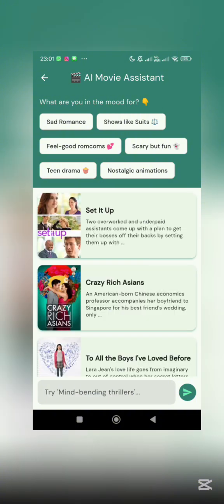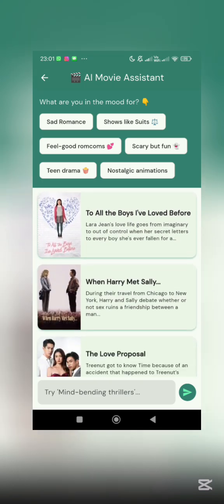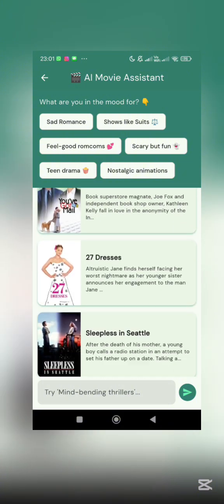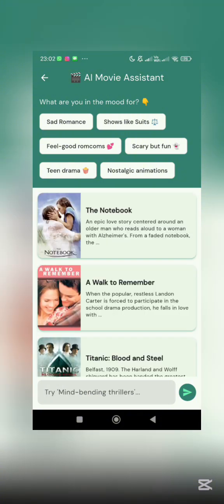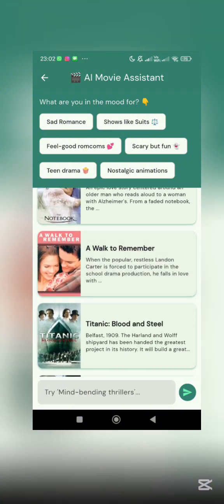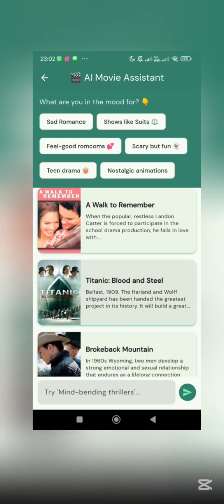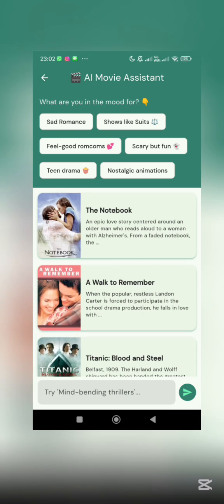And it's showing you the results of this particular category. Like these are the feel good rom-com movies. Yeah, so maybe you want sad romance, the same thing applies. It basically takes up the input field and takes the value, and then AI searches for movies based on that particular prompt. So yeah, now we have The Notebook, A Walk to Remember, Blood and Steel,